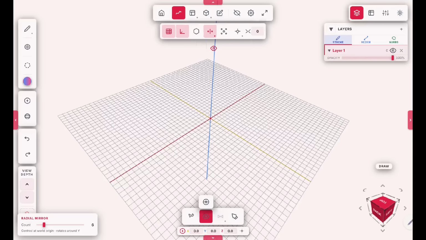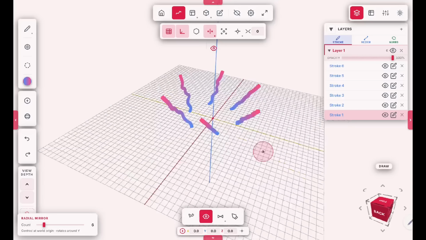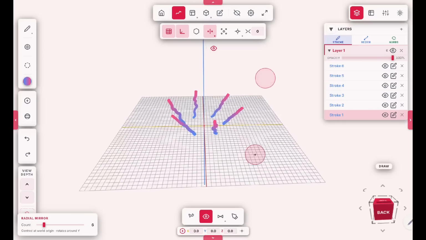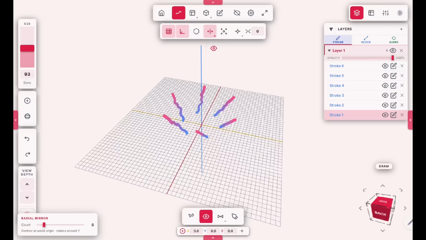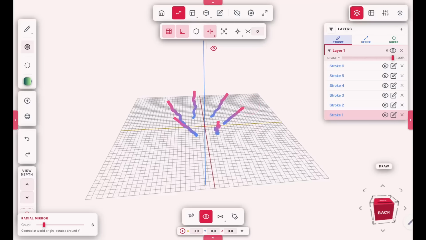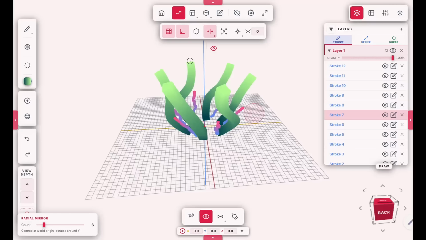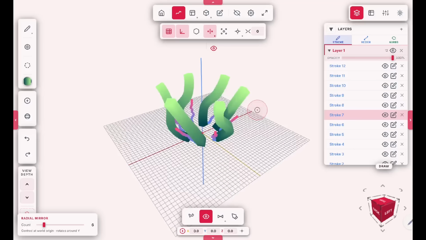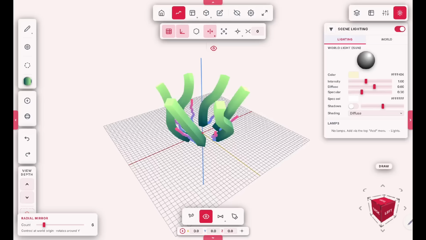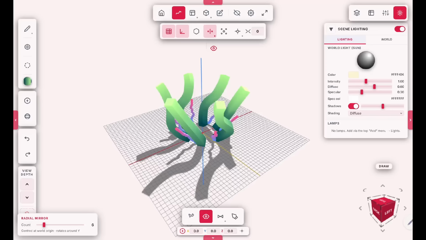We need to change again to draw on the view plane, and we can draw a radial mirrored stroke with different gradients, for example, different brush sizes. And as you can see, it is very cool. You can turn on the world lighting, shadows,